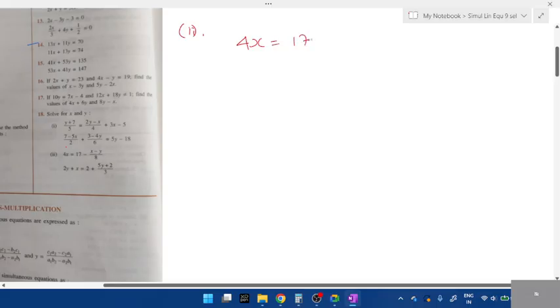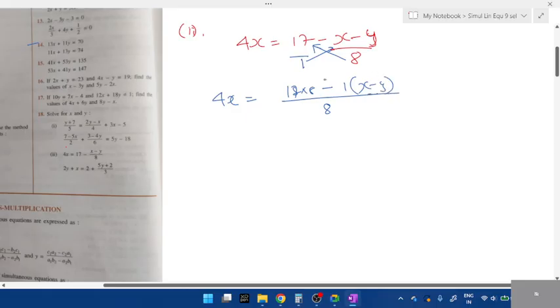4x is equal to 17 minus x minus y is equal to 8. Which one has denominator? Left hand side part or right hand side part? Okay, keep as it is, take LCM. Keep 4x as it is. What's the LCM for 8 and 1? Just multiply. 8 ones are 8. After that, what you have to do? Yes, cross multiply 8 into 17 minus 1 into